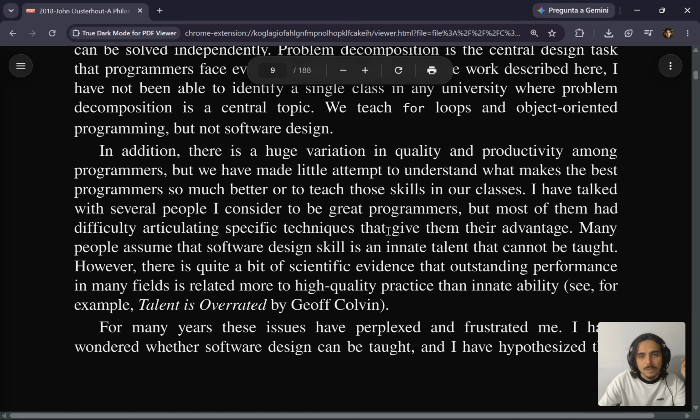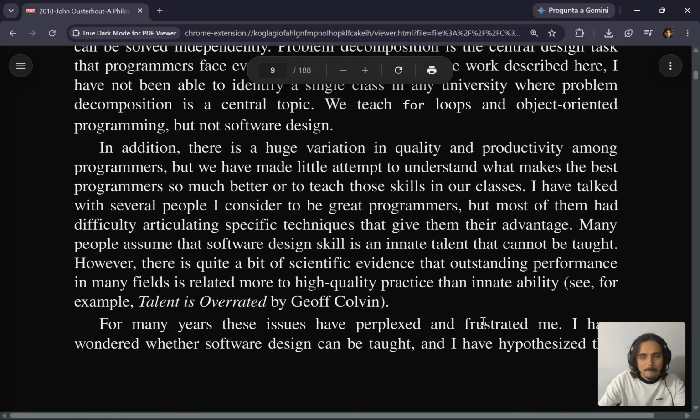In addition, there is a huge variation in quality and productivity among programmers, but we have made little attempt to understand what makes the best programmers so much better or to teach those skills in our classes. I have talked with several people I consider to be great programmers, but most of them had difficulty articulating specific techniques that give them their advantage. Many people assume that software design skill is an innate talent that cannot be taught. However, there is quite a bit of scientific evidence that outstanding performance in many fields is related more to high quality in practice than